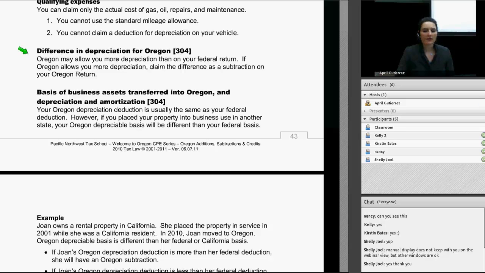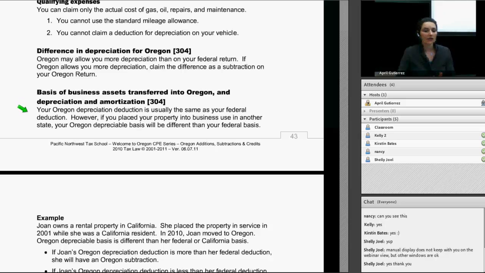Basis of business assets transferred into Oregon and depreciation and amortization. Well, this is going to tie hand in hand with the earlier working group exercise we had, where we figured the difference in depreciation for Oregon and federal for tax years 2010 and 2011. Well, the flip side of that is when it comes time to sell an asset, if it's had different depreciation on the federal and different depreciation on Oregon, it's going to have a different basis for Oregon than the federal, and there will be a difference in gain. So basis of business assets transferred into Oregon and depreciation and amortization, that is another reason why you'll have a